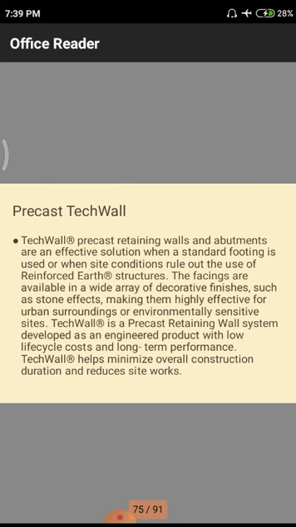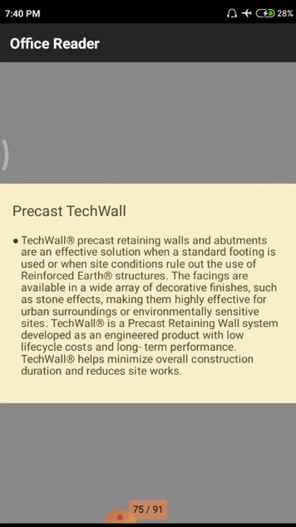Why? Because, if we observe industries, on the outer side of the industries they give much more preference to visibility and appearance. Why? Because they need some marketing by simply observing their structure. This is some X structure, that means X company. In this particular X company they have a good quantity of goods and others. For that purpose also they use this kind of precast technical walls, for publicity and architectural purposes.